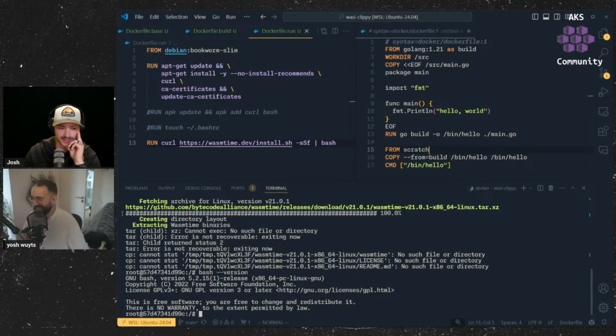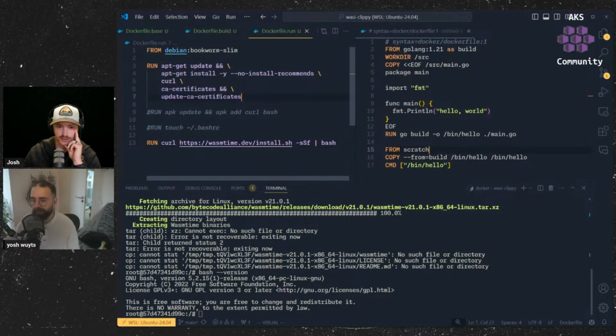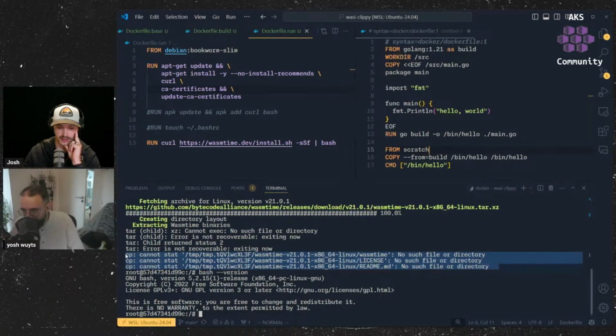If you want. So, I kind of ran into another error here. We ran into the certificate error that we ran into at the base. So I added those in there, and now it's telling me, cannot execute, no such file or directory, Wasmtime, with extracting the binaries. So there's this. Not sure. It basically can't find the extracted